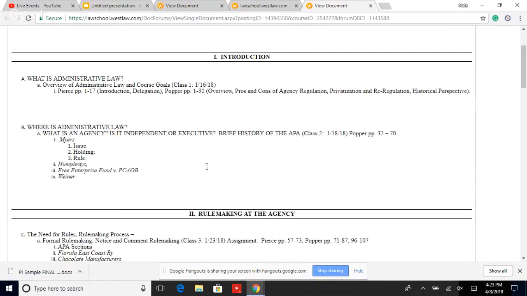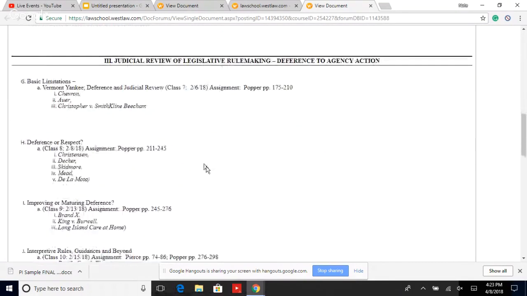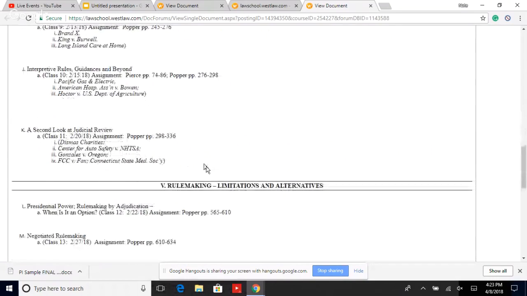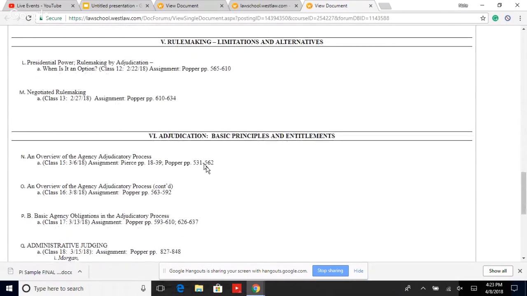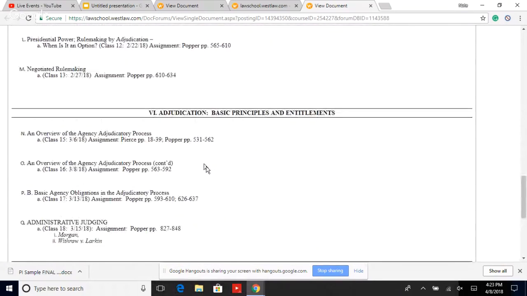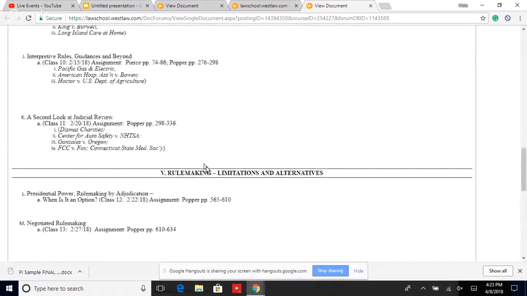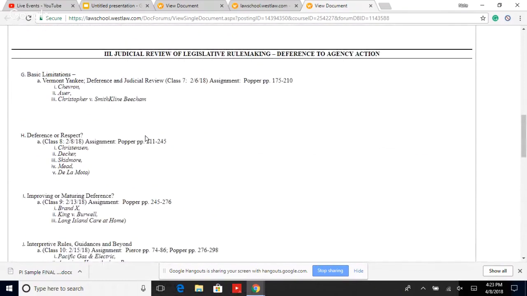it's going to bring you to the skeleton outline for the course. And we were talking about administrative agencies and deference. A couple of students were asking me earlier, what are the cases that revolve around this particular point? Well, here it is right here. You're going to have to maybe go and look up the cases, but